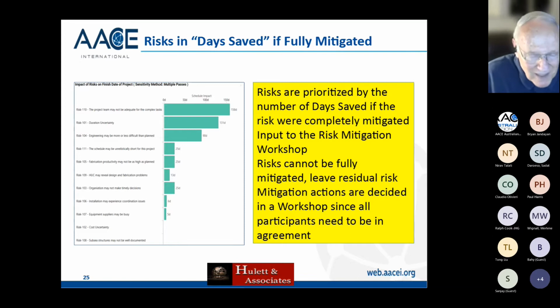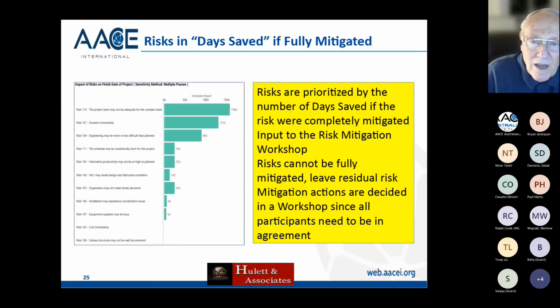And management is going to say, okay, how much of that is, well, I was going to say American money, how much of it is in Australian dollars, for that 5 million Australian dollar investment that I make? Well, my methodology says how many days are saved: 158. If you take risk number 110, which is the complexity factor on the systemic risk, which means you better beef up your project team.